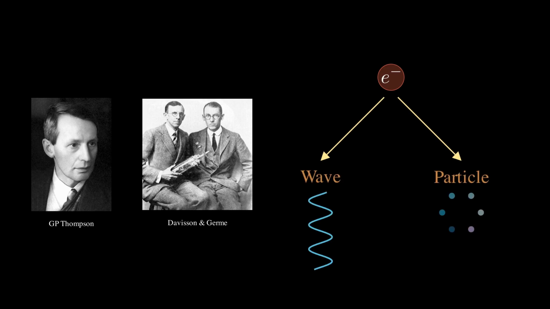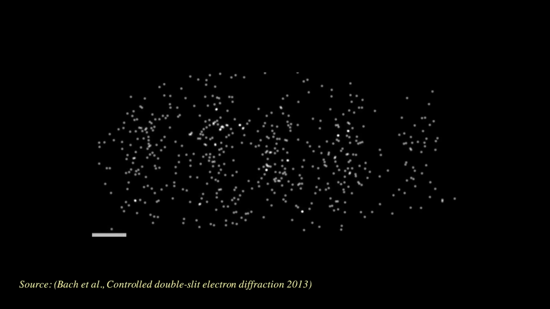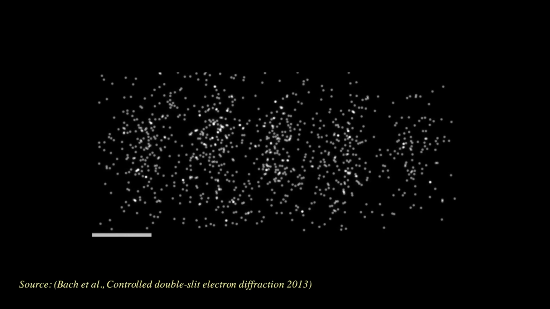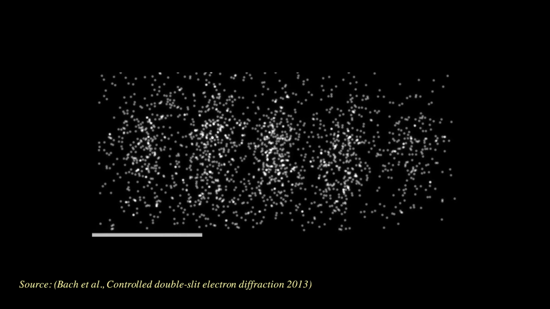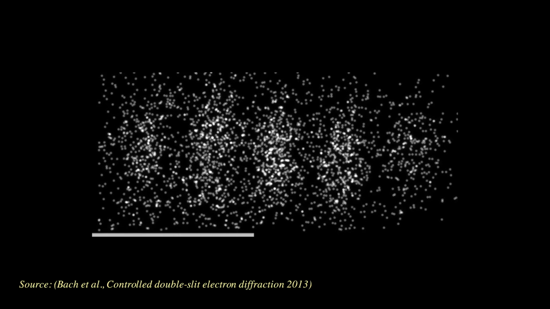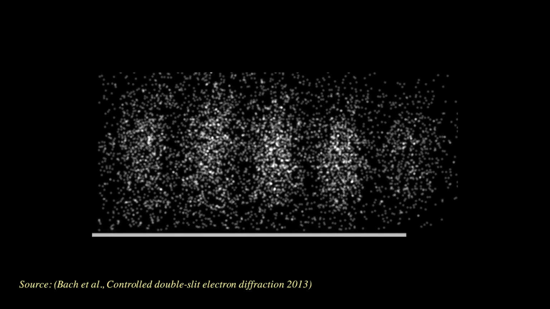Now that it had been proven that all matter exhibits wave properties, the same experiment also led to another understanding. If in the double-slit experiment an electron acted like a wave and as matter, then it would mean that instead of going through only one slit, it would actually be in superposition, where it is going through both slits like a wave, only to go through one of them upon measurement. Now that we understand what superposition is, we ought to take a look at the famous Schrodinger's cat thought experiment.